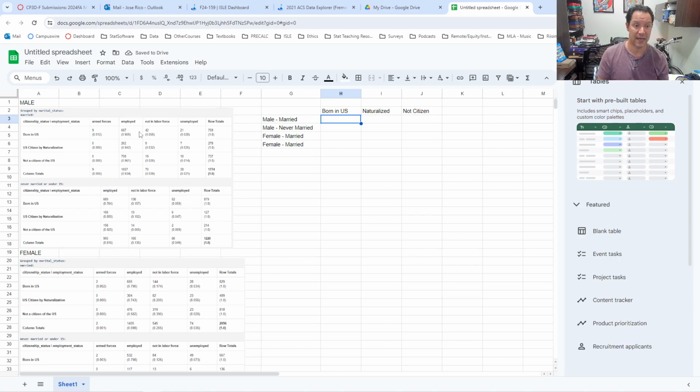And I decided not in the labor force is what I was interested in. So males that are married, only 5% of them are not in the labor force. If they're naturalized, it drops down to 3.2%. And if they're not citizens, it drops down to 2.6%. For males that are never married, not in the labor force is a whole lot higher. What is going on? 10.2%. I guess if you don't have a wife, if you're not married,